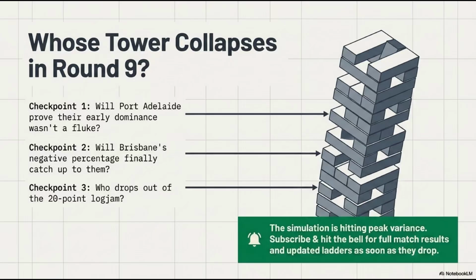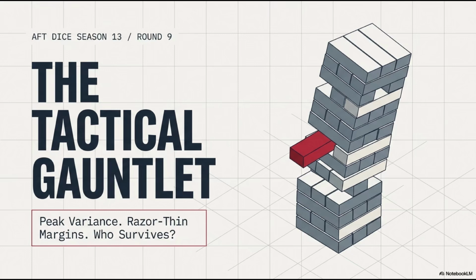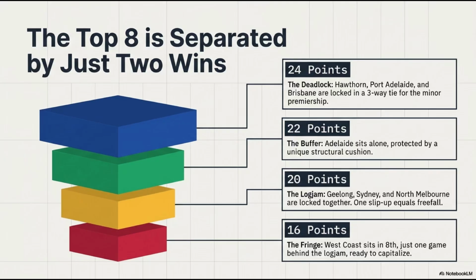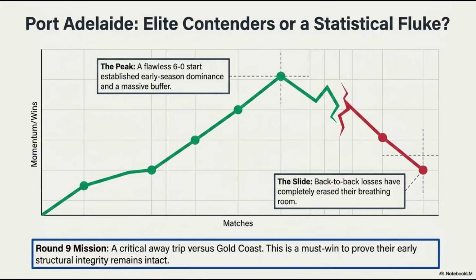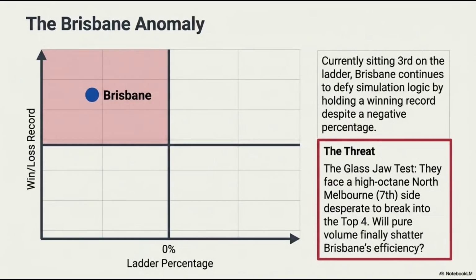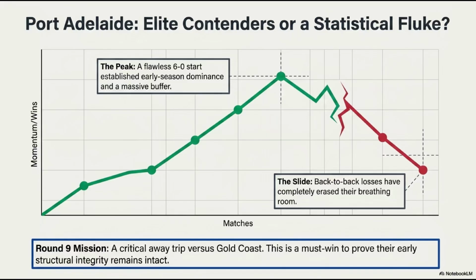Exactly. If you're listening to this right now, you might be wondering, why should I care about an AFL dice simulation on YouTube? I don't follow Australian rules football, and I don't play dice games. Sure. But this round 9 gauntlet is actually a flawless microcosm for life, for business, for anything where you are dealing with data and performance over a timeline. Absolutely. The mechanics of this simulation map perfectly onto real-world systems, especially in how they expose hidden flaws.